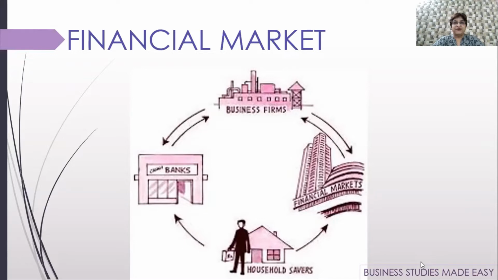Now what about the business firm? If the business firm wants money, then they go to the bank. Remember, we have also put our money in the bank. So this bank where we have deposited the money gives loans to the business firms. Similarly, we are buying shares from the financial market. Now these shares have been issued by the business firm. So if the business firm wants money, they can either go to the bank to take a loan or they can sell their securities in the financial market.